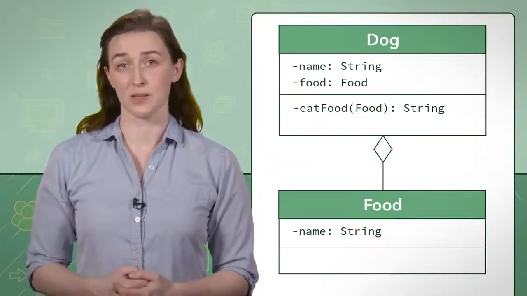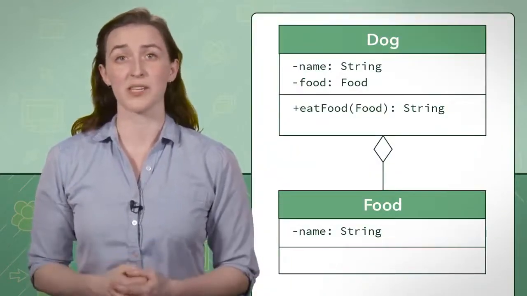Let's look at the behavior of a dog. Some basic behaviors that a dog can do are walking, running, speaking, and eating. While these behaviors are easy to identify and abstract, we need to ask ourselves which behaviors the dog can do all on its own, and which ones need help from something or someone else. If we examine the eating behavior more closely, we might come up with something like this.